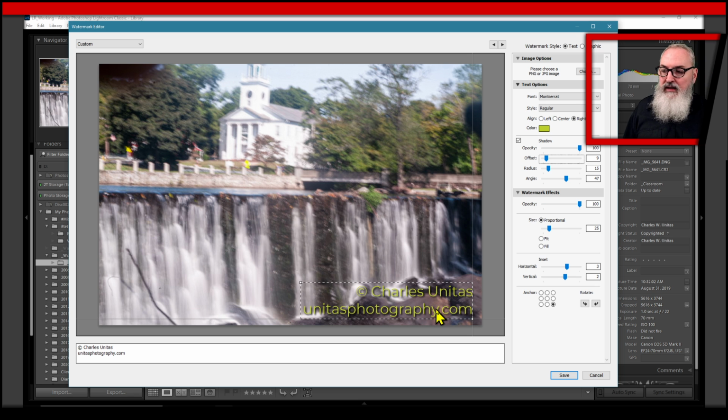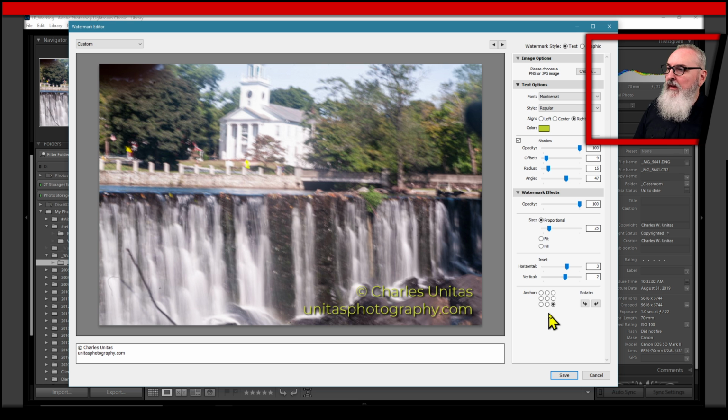It gets lost in the darkness of that part of the image, but we have the light part of the text to read off of. All right. So that is my version of how to make a proper, very usable, very universal watermark right in